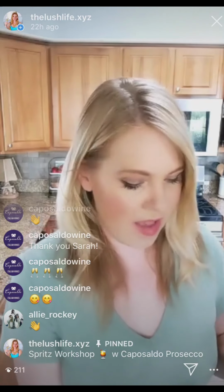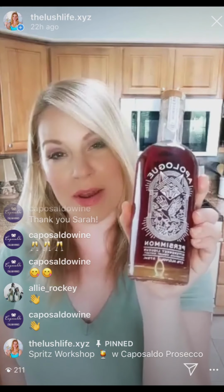The most famous spritz variation right now is definitely the Aperol spritz. Aperol is a slightly bitter, I think grapefruit-based liqueur. Campari is also really popular, but I'm not using Aperol or Campari today. I'm gonna use some really fun, cool, just different styles of liqueurs that you may not have actually tried in a spritz before. So the first one I'm going to make, instead of Aperol, I'm using this incredible persimmon liqueur